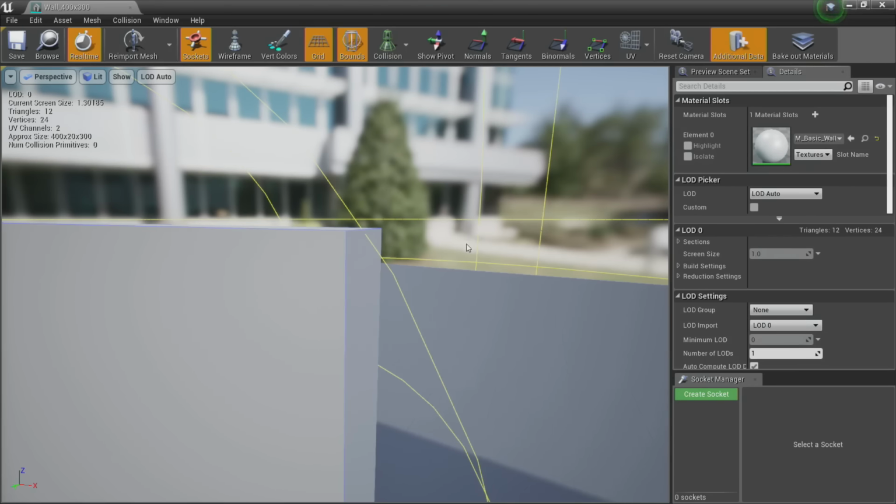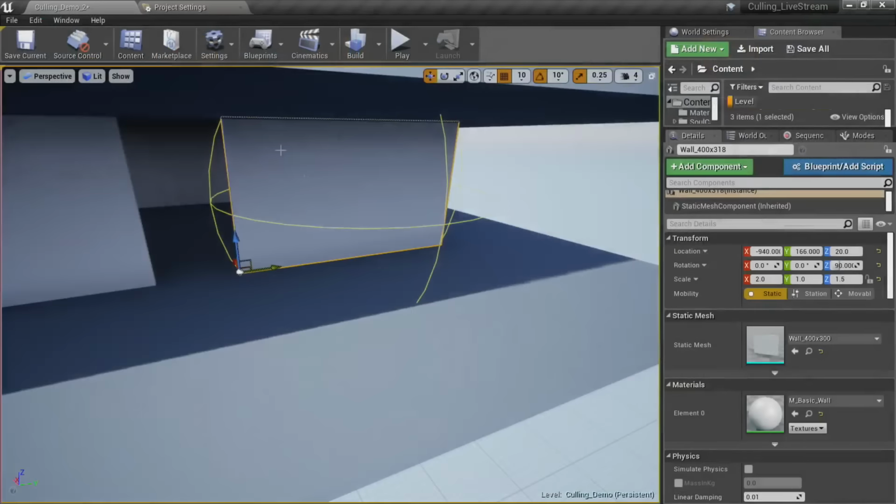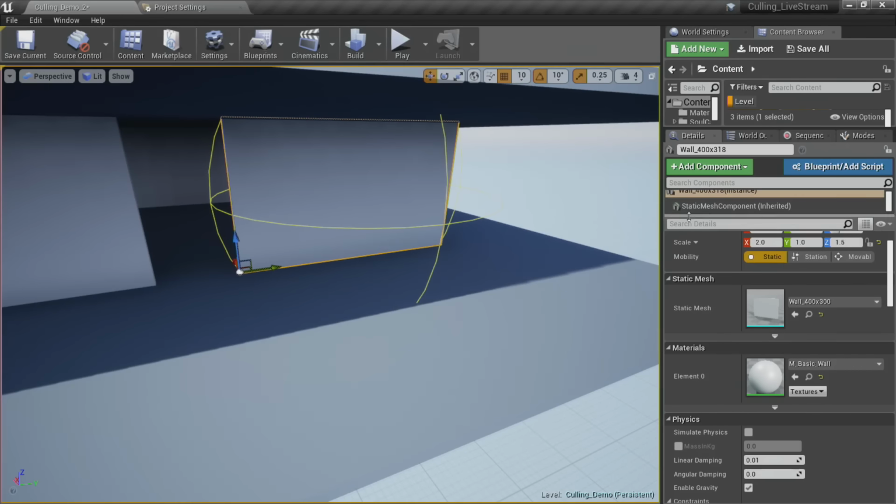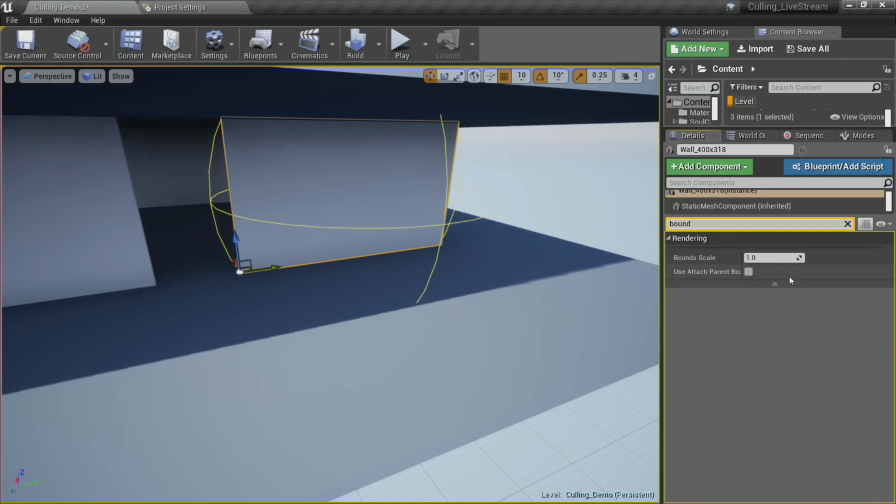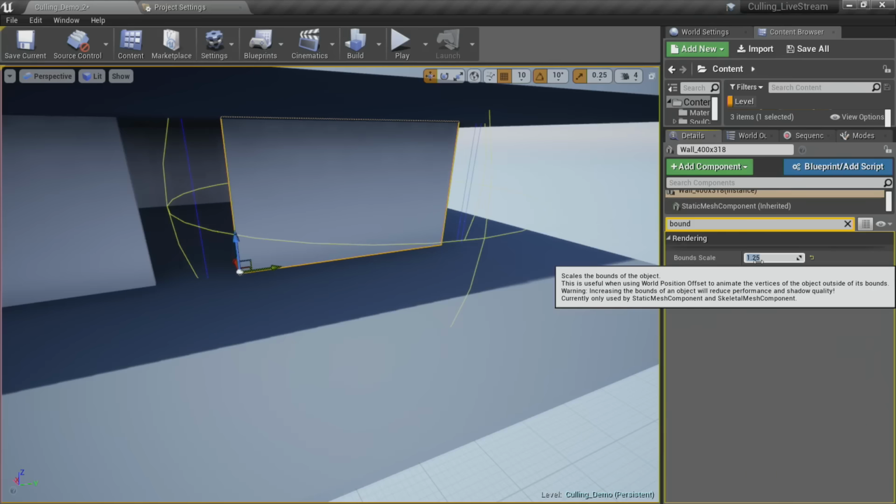I'll just show it here, let me go back to the scene, and then I'll let you play around with the static mesh editor if you want, because you have more controls there. This one just does a uniform scale. But say, for instance, these little wall pieces back here are barely popping in. You can increase the bound scale on those. If I did 1.25, you can see that it's now increased.